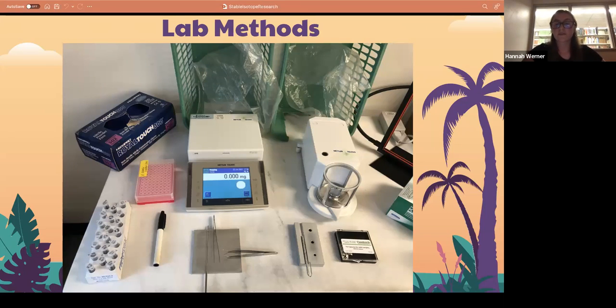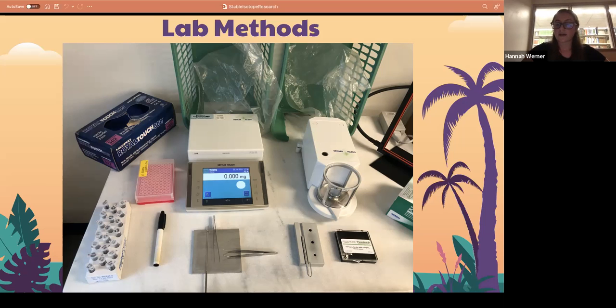Once we had our samples all packed in and ready to go, we put them into this pink little container, which was then sent off to the lab. They went to the Yale Mass Spectroscopy lab. The mass spectroscopy lab is super important with stable isotopes. What it does is basically combust our samples, changing them from a solid particle into a gas particle. Using that gas, we're able to look at the differences between the weights of the two. I mentioned the discrimination between the heavier and the lighter isotope. We're able to see the heavy isotope and the lighter isotope, and then look at the ratio between the two. And again, we mainly focus on the carbon and nitrogen elements.